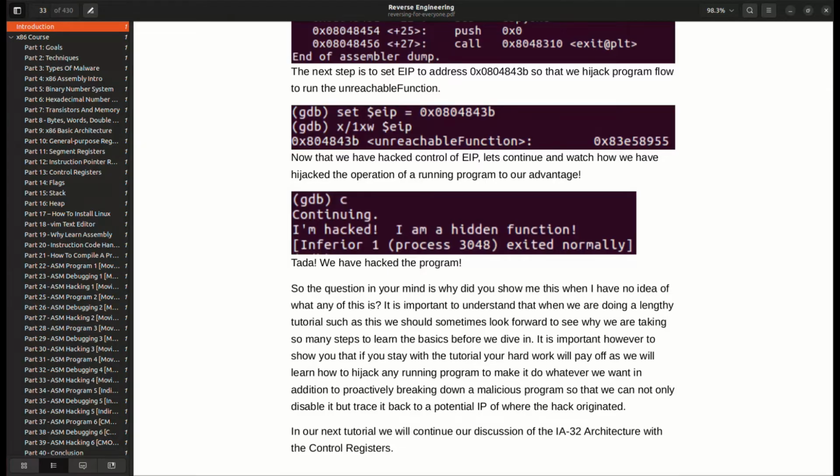So the question in your mind is, why did you show me this when I have no idea of what any of this is? It is important to understand that when we are doing a lengthy tutorial such as this, we should sometimes look forward to see why we are taking so many steps to learn the basics before we dive in. It is important, however, to show you that if you stay with the tutorial, your hard work will